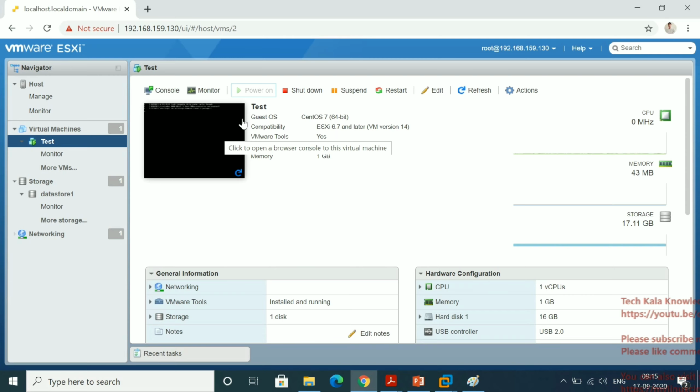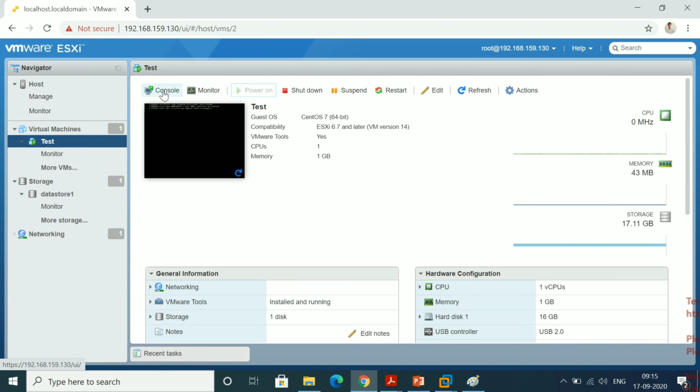I'm trying to give a real-time scenario. If you're working in an organization, after building the server we have to change the host name and assign the static IP. Then we give the server to, say, a DBA or an application team to use, so they can log in to that server through that static IP.